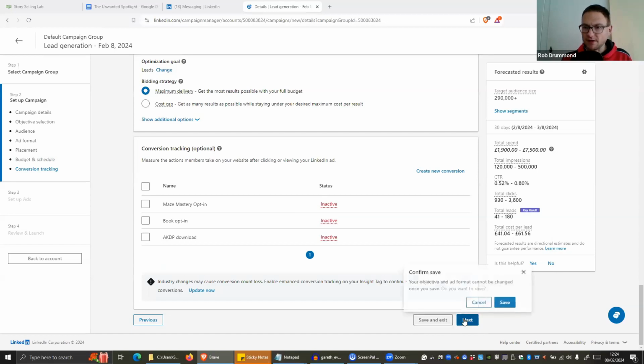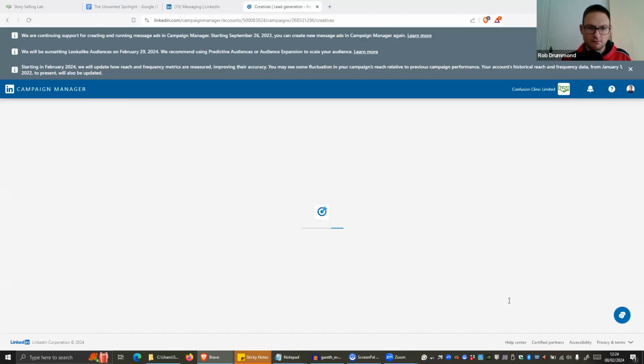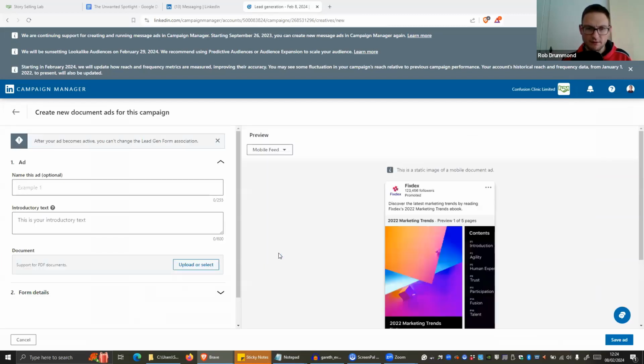But yeah, I was going to show you document ads quickly. It might ask me to create a new ad. So you can see here, it will basically give you a preview of so many pages. You still get the introductory text, which appears above the ad.